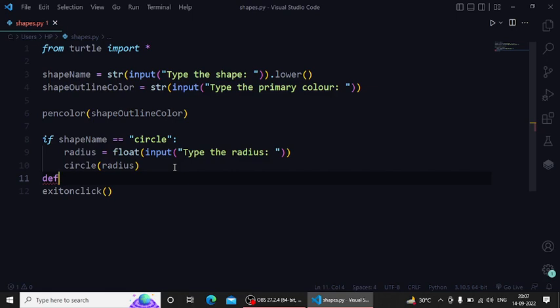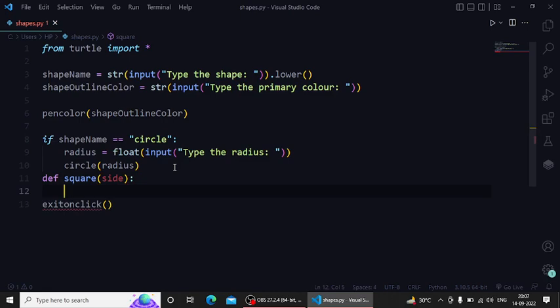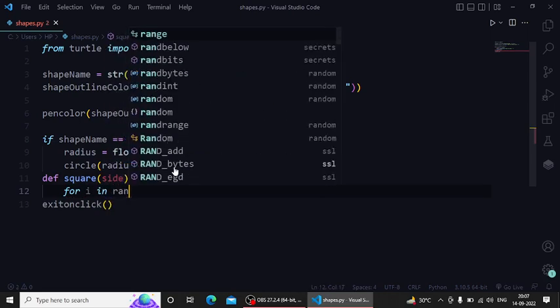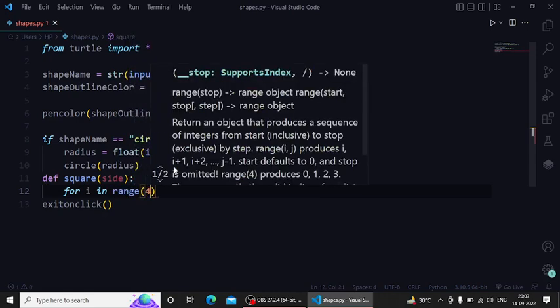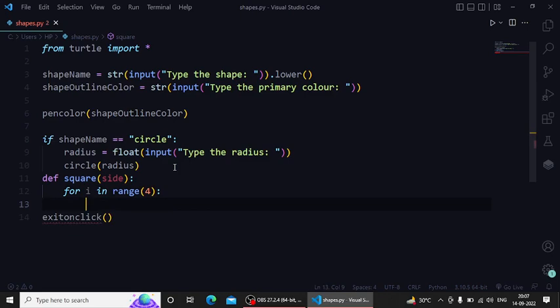To create a function, we declare a function with the def keyword, def square, and it accepts an argument called side, and we are going to use a for loop: for i in range 4, forward,